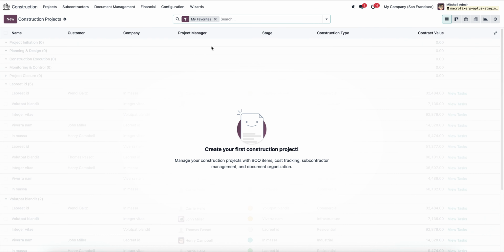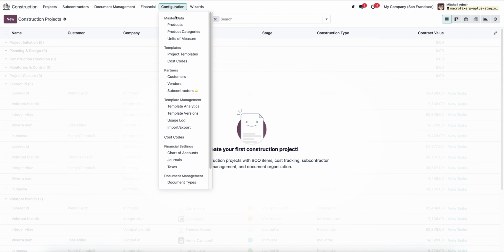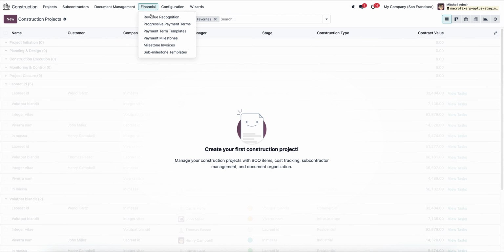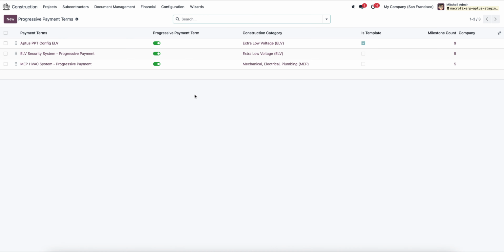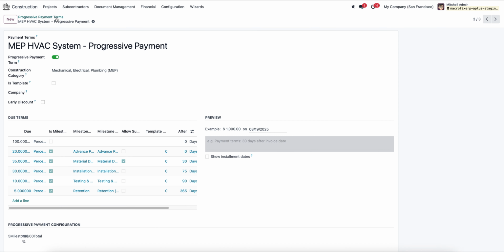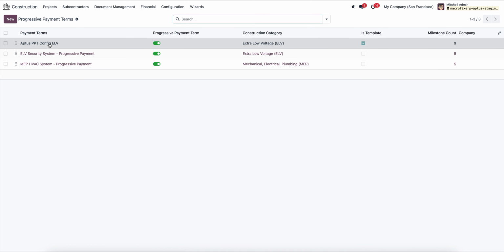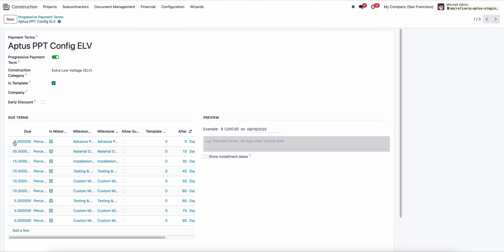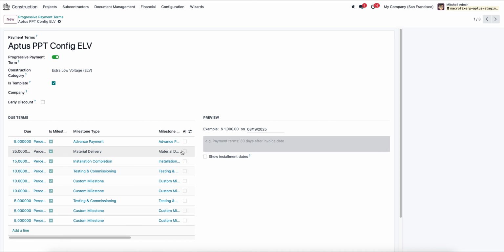Initially, when you go to the configuration side, you can see the template part of progressive payment. I can see these three terms are visible, which will give me the idea, but I will use this particular payment term, where you have 5% initially as advance and 35% for the material delivery side. But this can be assigned to a specific section also, where you can put the material section at 50%